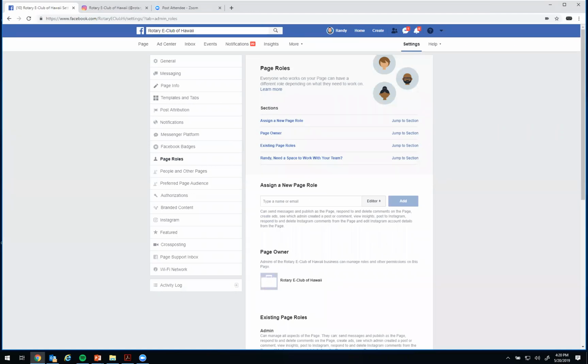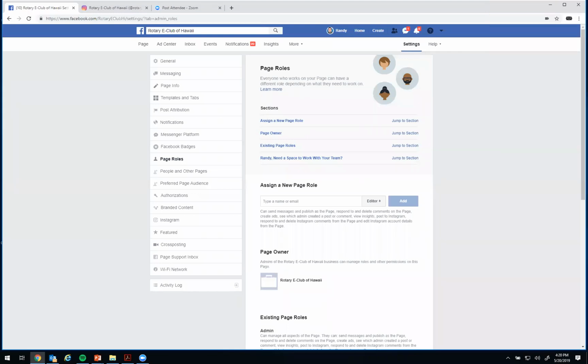You should be okay. The only time that may affect you is in the future if, let's say, whoever's managing your page isn't a part of the club, and then you guys want to change information and you can't verify it, because that might be some of the security questions that come up when you're trying to change the ownership of the page. So I always recommend people try to keep your information as up to date as possible, because that's how Facebook verifies people if any of those types of situations arise.